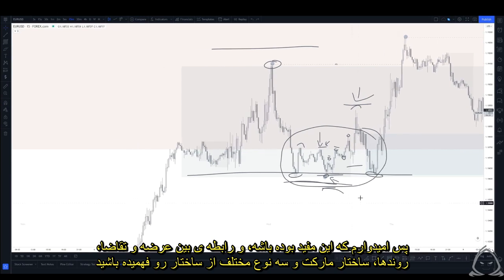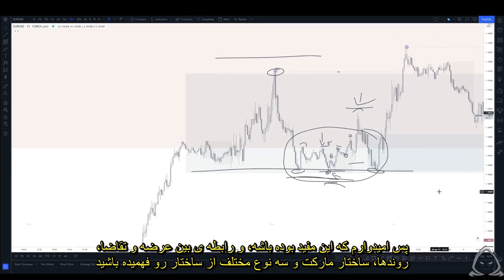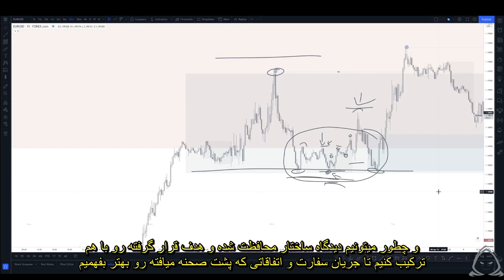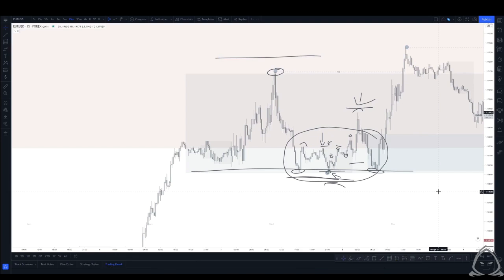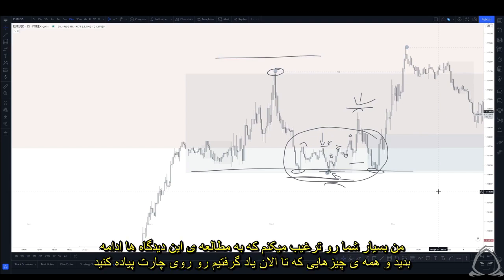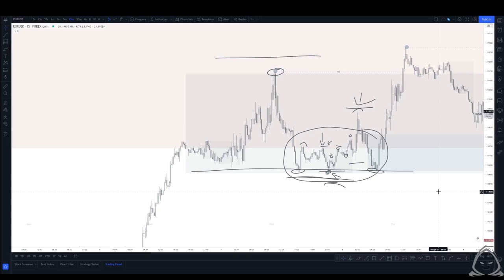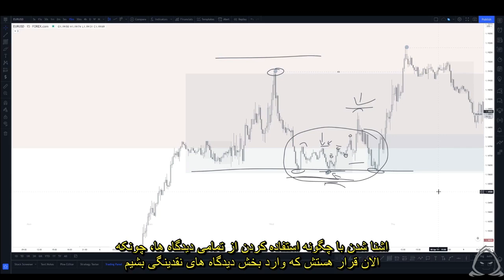So I hope that this was helpful in understanding the relationship between supply and demand, trends, market structure, the 3 different types of structure, and then how we can integrate the concept of protected and targeted structure to better understand order flow, to better understand what is happening behind the scenes. I highly encourage you to continue studying these concepts and integrating everything that we've learned thus far onto the charts and becoming incredibly familiar with how all the pieces come together,